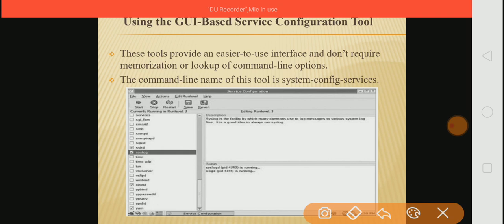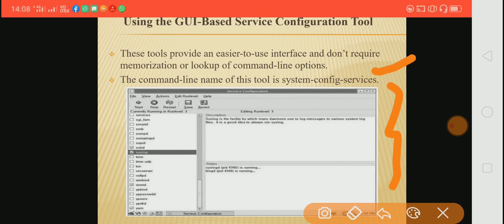This is the window that appears when the command is executed, which is nothing but the output of this particular command, in which there is a list of services, and we can use the mouse to select a service, or stop or start the service. Here are some navigation buttons which show that you can start the service, stop the service, or restart the service.